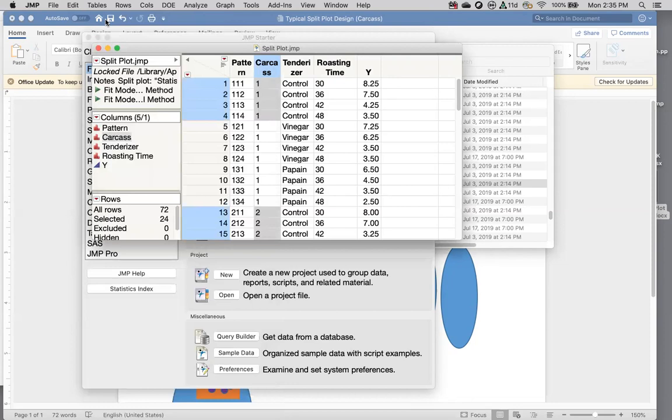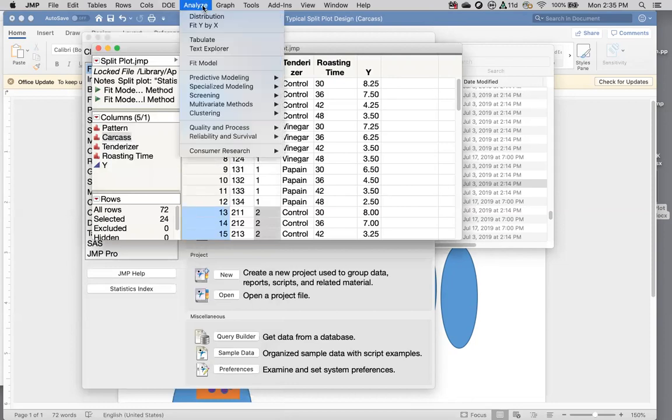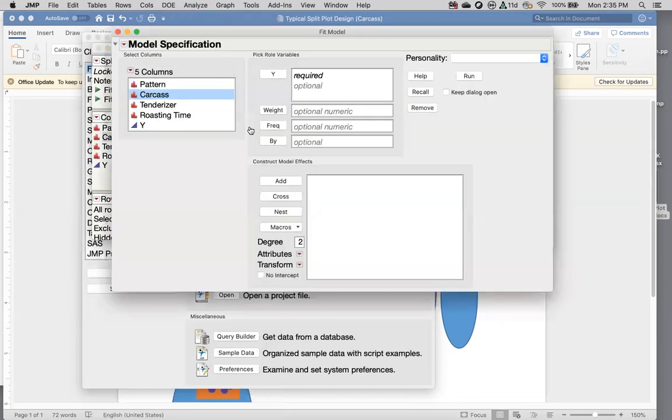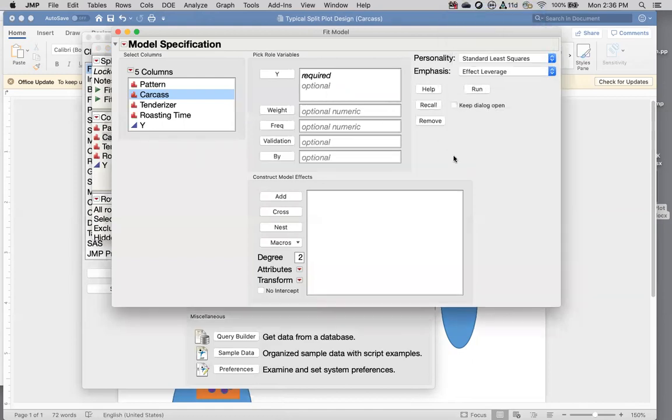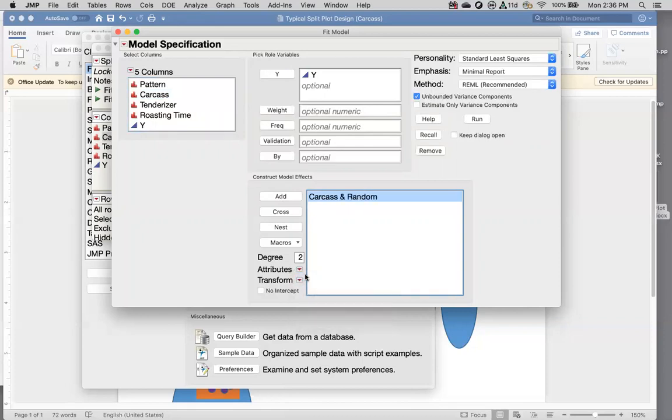Okay, so if we wanted to analyze this, we'd go to Analyze, we would go to Fit Model, and again, if we're in standard JMP, we're going to use standard least squares. We'd use y as our response variable. Our carcass was our block, so we can add the carcass, but that becomes random. Our tenderizer is our factor A. Our carcass by tenderizer